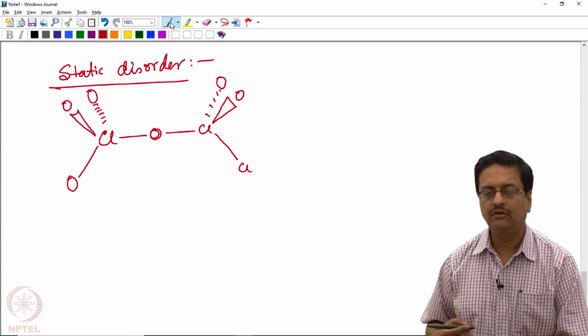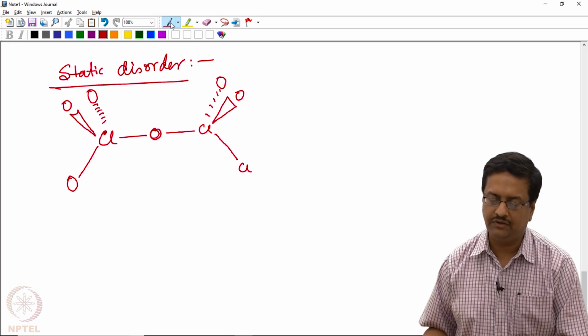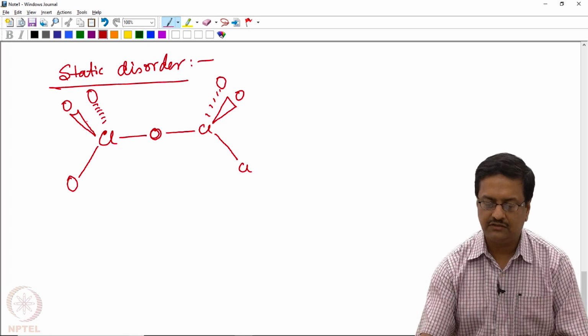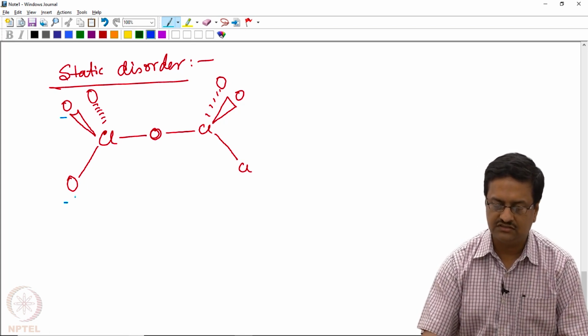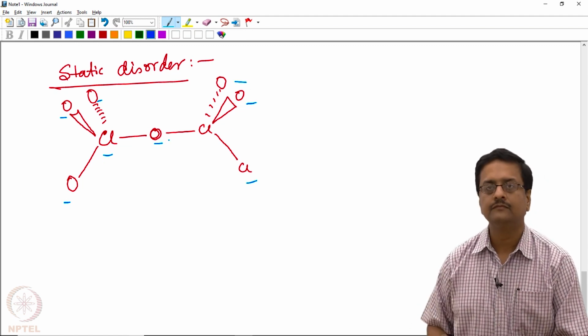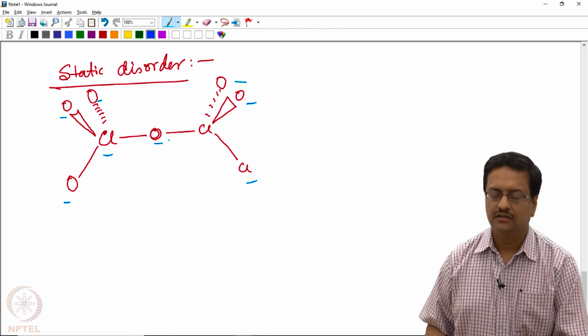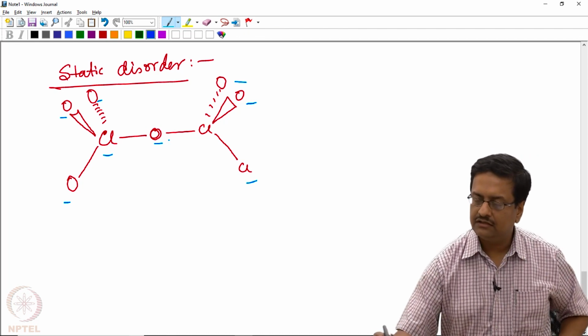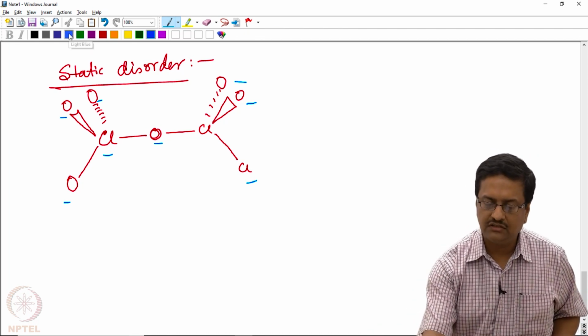If you lower the temperature, what will maximum happen is the thermal motion of those individual oxygen and chlorine atoms will reduce, but still you will be able to see that in the asymmetric unit